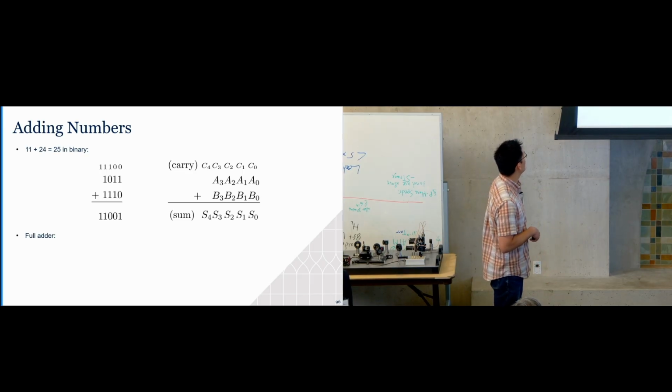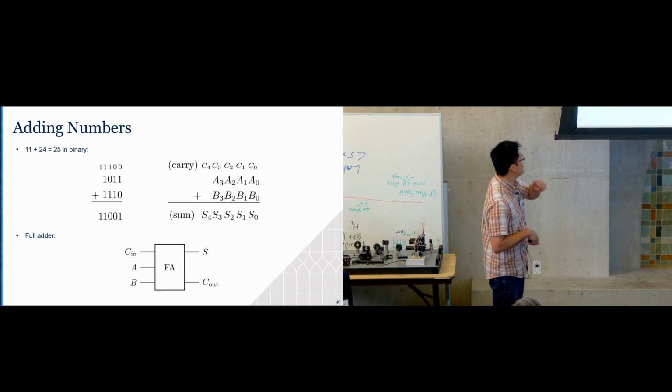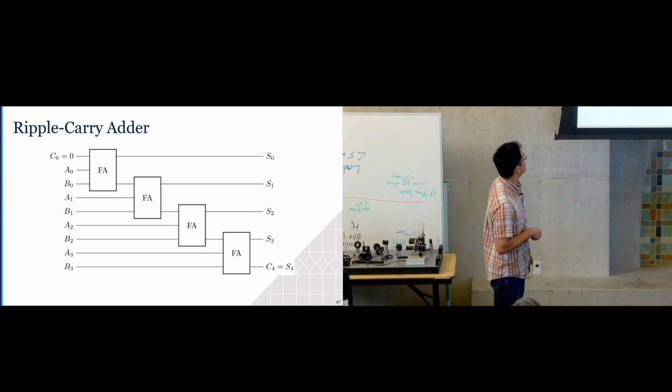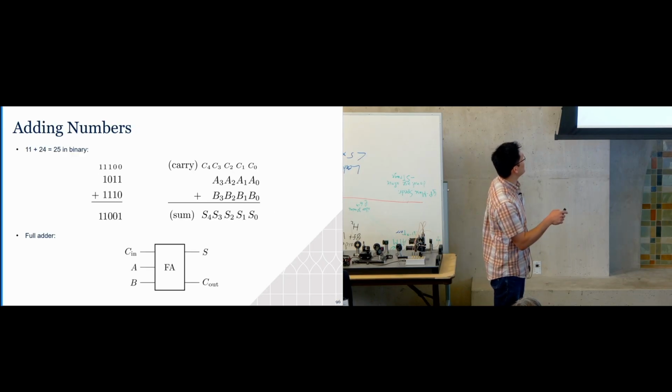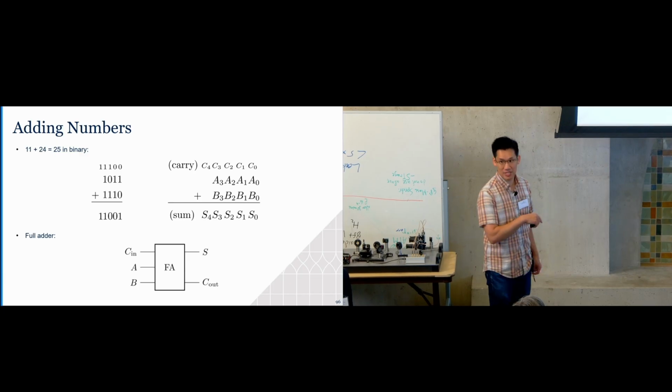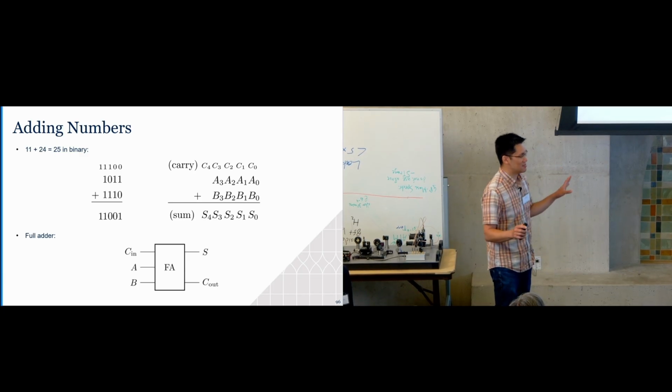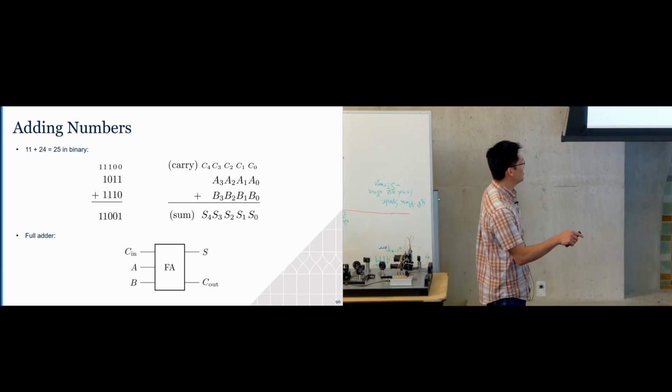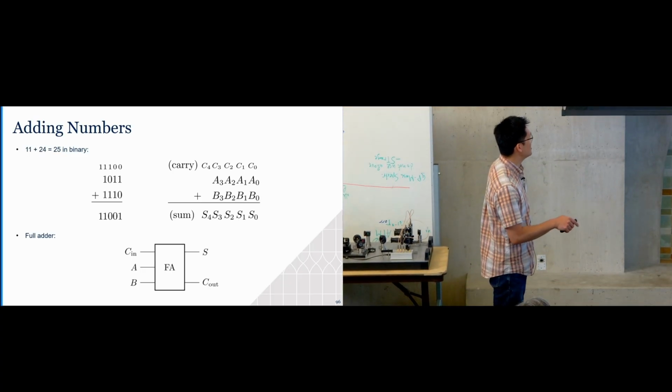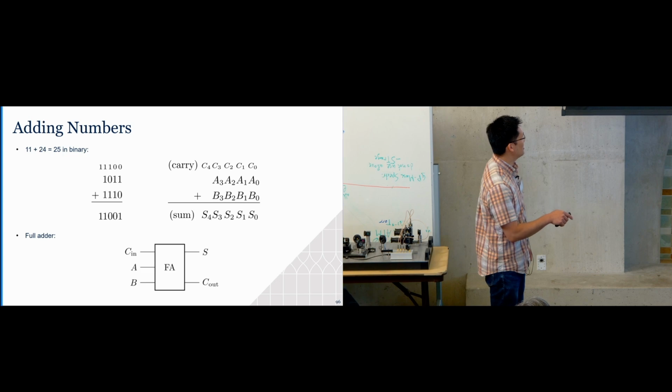OK. So one way to do this is by using something called a full adder. So what a full adder does is it basically handles this column by column. So you have a bit that you're carrying in, and then the 2 bits of A and B that you're adding. And the result will be a bit of the sum, and then the next bit that you carry out. So just abstractly, just classical computing, think of this as some logic circuit, some circuit element. It's taking in your carry bit, the 2 bits you're adding together, and you get a sum and a carry